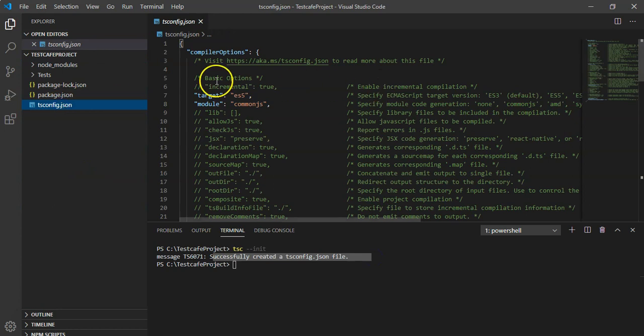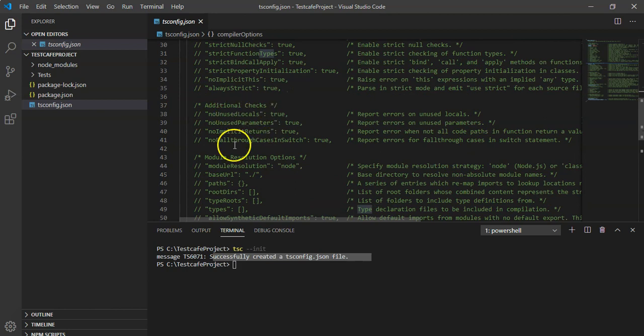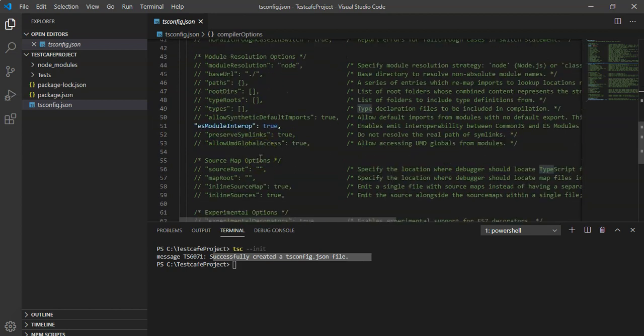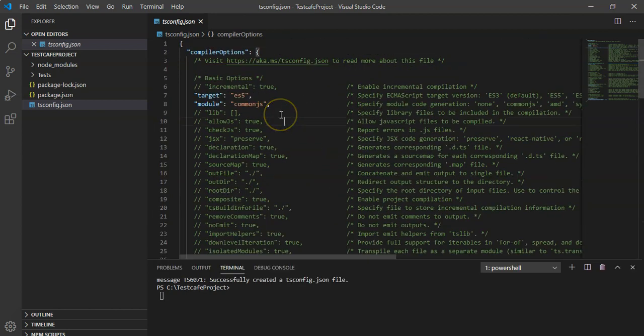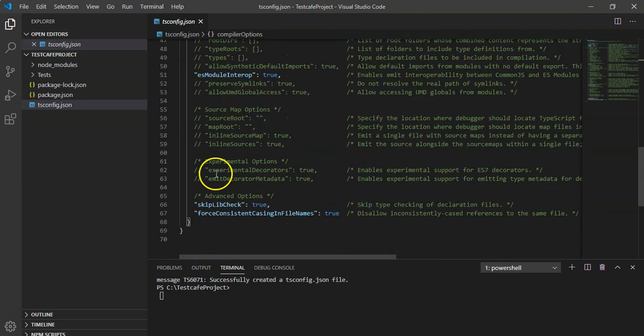Now open it, and in this configuration file you will see the various compiler options: basic options, strict type-checking options, additional checks, module resolution options, etc. Here we have some default configuration settings like target, module, strict true, which is used for type checking, esModuleInterop true, and these advanced options.